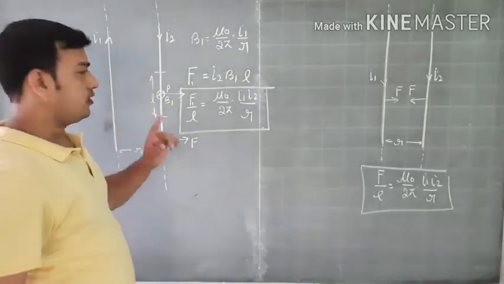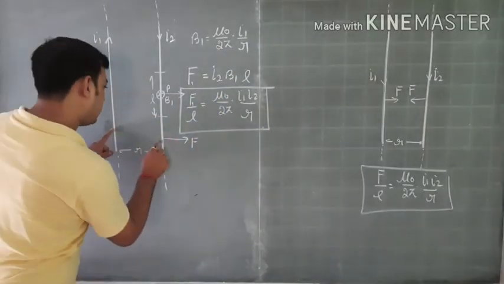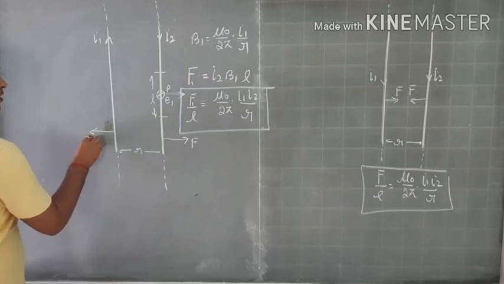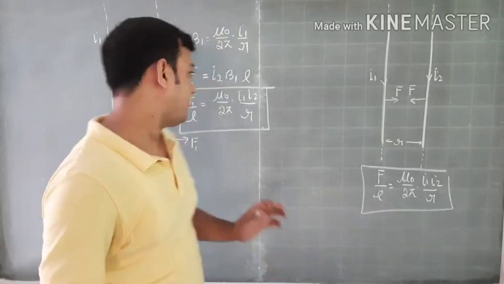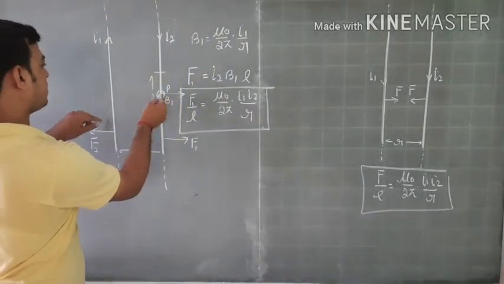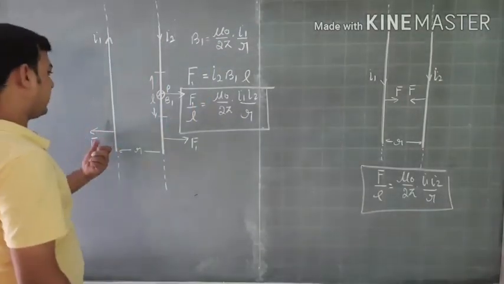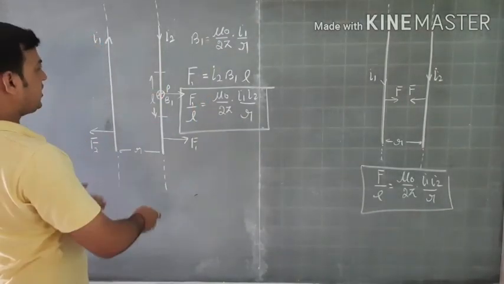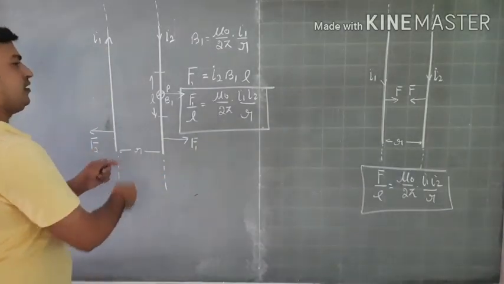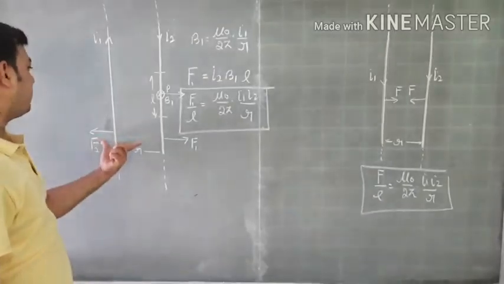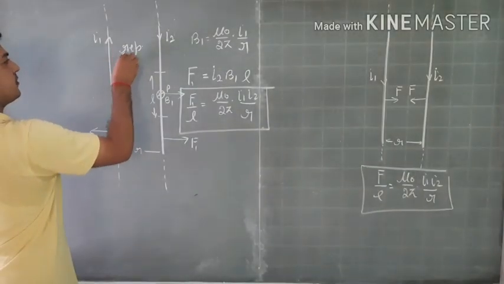So what I told you, if we remember Newton's third law, if this wire repels this wire, this will also repel. Or you can easily do it the same as the previous: first of all find out the magnetic field of this wire here and apply Fleming's left hand rule. You can find out the direction. So if you change the direction of current in one of the wires, the force will not be in the attractive mode, they will now be in the repulsive mode. So this is the repulsive force here.